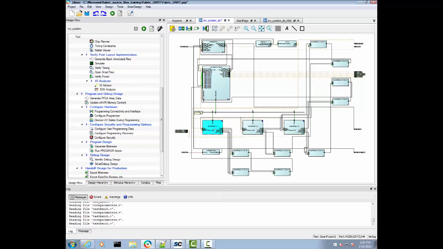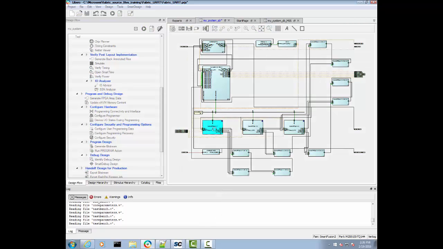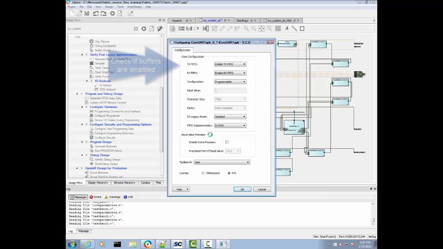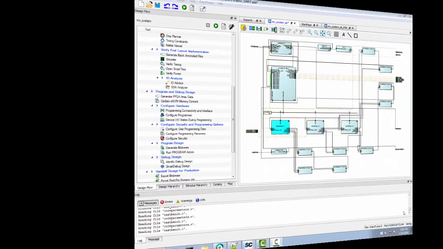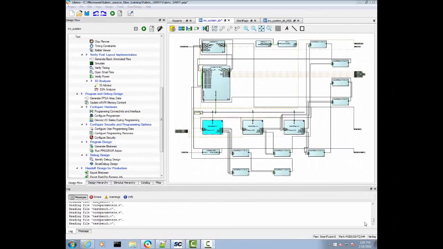So let's see, if we look at this guy now, this guy should have the configuration set up for the buffers. I think maybe in your case, yeah, see, maybe it was disabled. By default, the FIFO is disabled. Okay, so now that we have our project here,